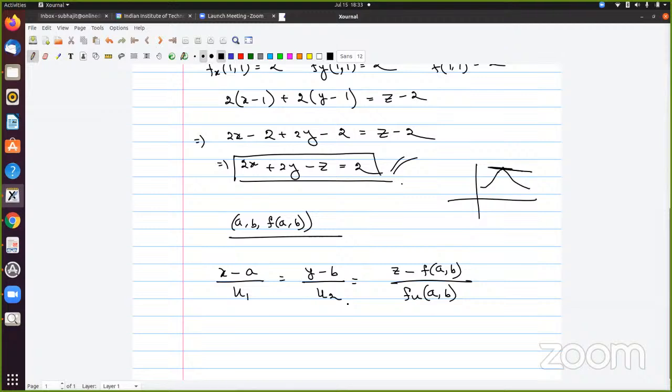So here my vector is u, which is u1, u2. Sir, may I pause for a moment? Yeah. Sir, you have written x minus a upon u1. This means that this is in the direction u1. That means we are taking along the x axis, right? No, I mean this direction, all together gives you the equation of the straight line. Yeah, I am talking about the first coordinate. This is not a coordinate, no. This is basically